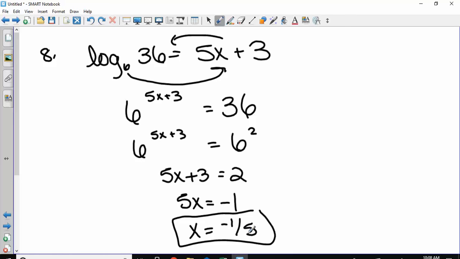So for tomorrow, I'd like you to do the next page front and back. So that's 10 through 21. Now some of those are going to be pretty easy, or should seem easier because it's getting into systems of equations, some matrices, some of the stuff that we just did recently. So hopefully those will go a little faster for you. So you have the rest of the hour to work on that part. Ask questions if you need to. Check it, either the one that's typed up